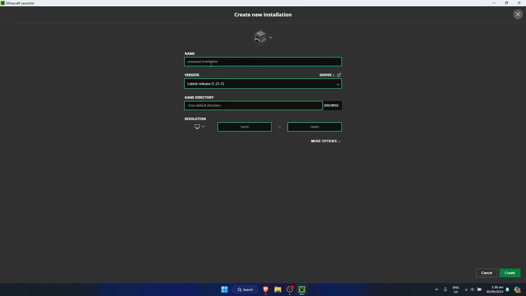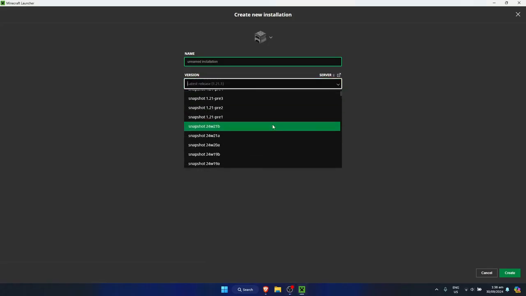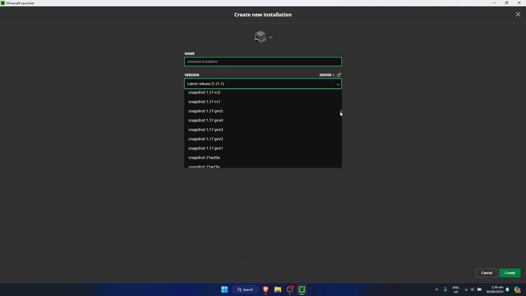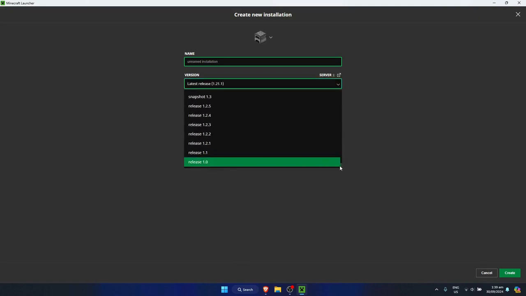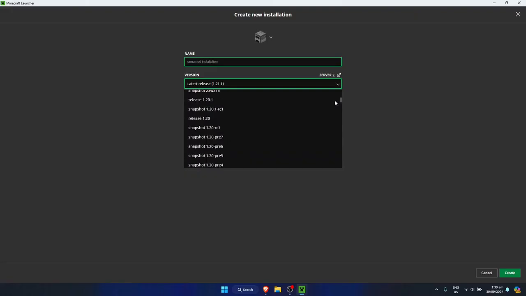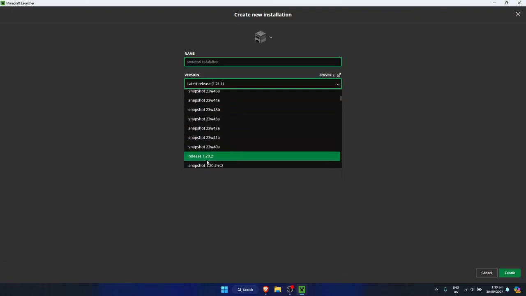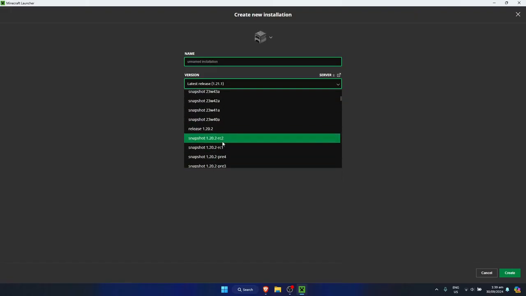Then it will bring you right here. You could name it anything if you want, but let's just first pick our version. And here you will see the version bar right here where you could change the version. Just simply click on it. And now when you scroll down right here, you will see all the old versions of Minecraft up to release 1.0 right here. And let's say I want to download or use the release 1.20.2 version, so just simply click